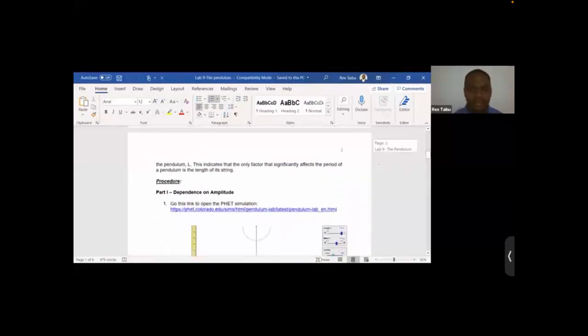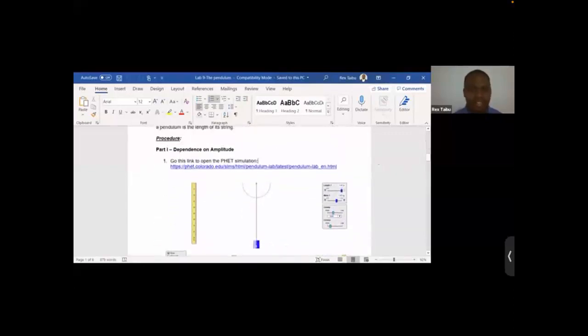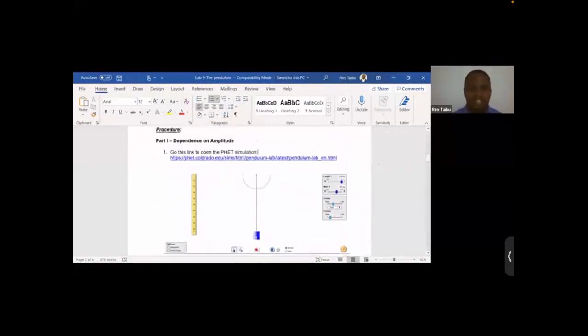Please read all this, and then the procedure starts from here. So I'm going to go through the procedure with you. We have 3 tables. For each table, I'm going to complete 1 row for you, so you can see how to complete your lab. So number 1, for part 1 of your lab, where we are looking at the dependence on amplitude,